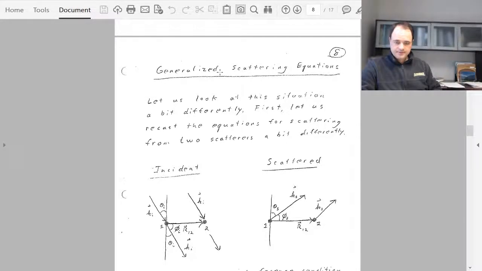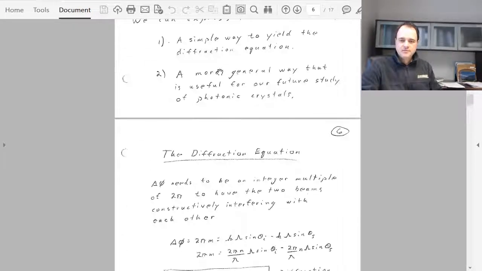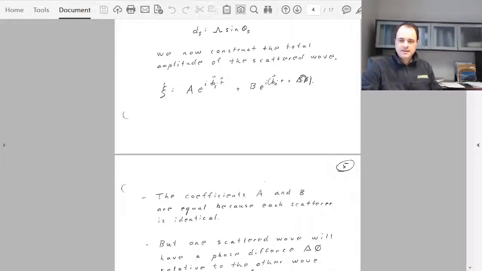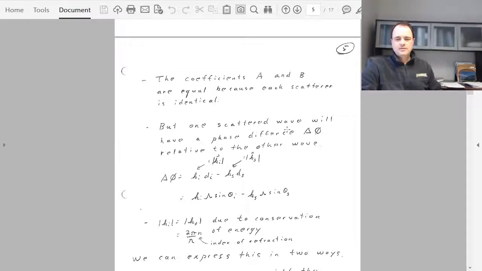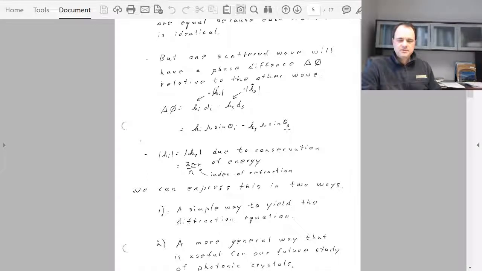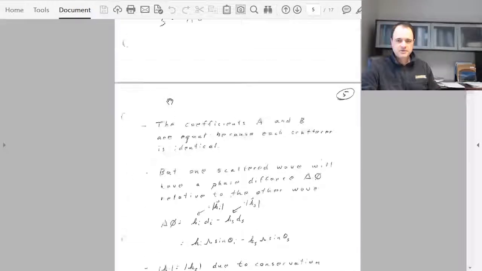So that is the diffraction equation. All right? And we derived that only for two scatterers, and we noted that the phase difference between the two scatterers has to be an integer multiple of 2 pi. We could have gone up to 3 scatterers, 4 scatterers, and so forth, and we see that the neighbor-to-neighbor difference in the phase, when you add up the different scattered components,